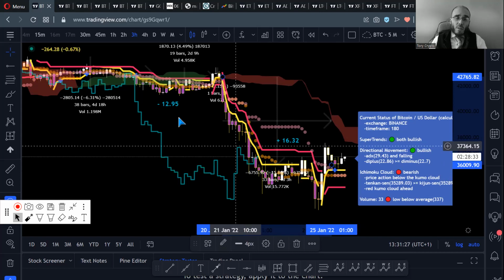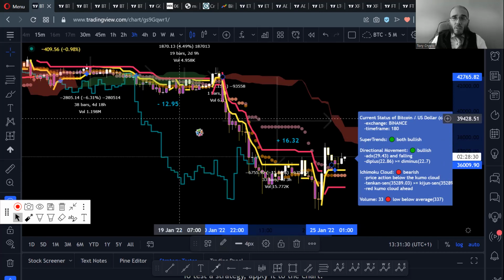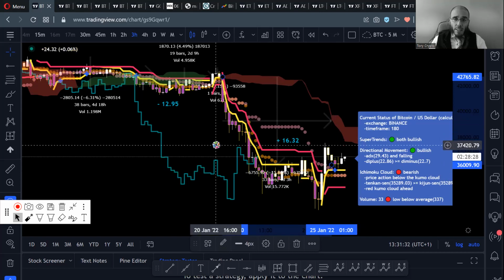So you lose 13% and you make 16%. That makes a difference of 3%. With leverage, of course, it might be 6 or 9. It might be more. But what I want to tell you is that